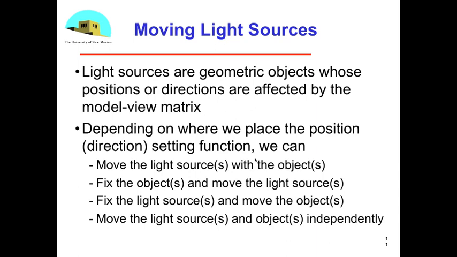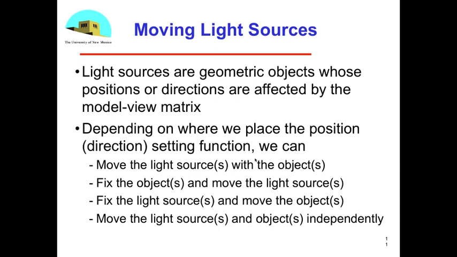So if things are being animated, there's a time variable, say moving things around and you're re-rendering, you can move the light source with the objects. You can attach it to an object. You can fix the objects and move the light source. You can fix the light source, move the objects. You can have both of them moving in different ways, and it's probably a good exercise with some of these